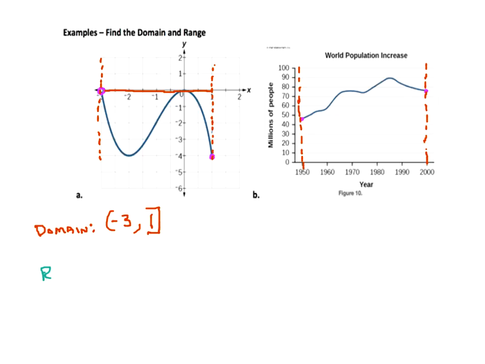Now for range, we flip our thinking to up and downness. So I'm just going to put a barrier where I can. All right. So since I have output values at the bottom here, that's a closed dot. I'm going to include -4, and this goes all the way up through and including, because of the top of the hump here,